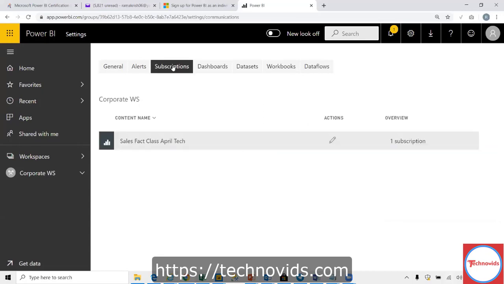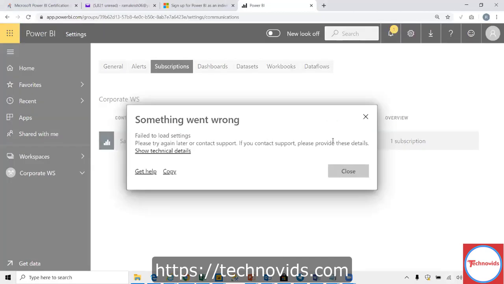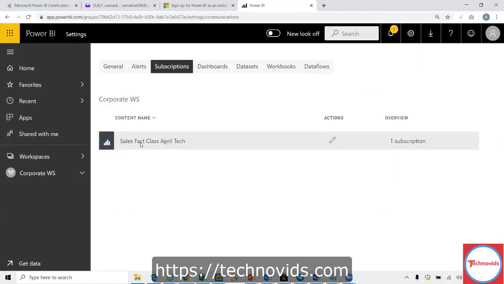Here it's not visible, unfortunately, but what I'm trying to do is deliver this report to Karthik, so Karthik need not come to Power BI and check it at all. I will send this report to him via email.